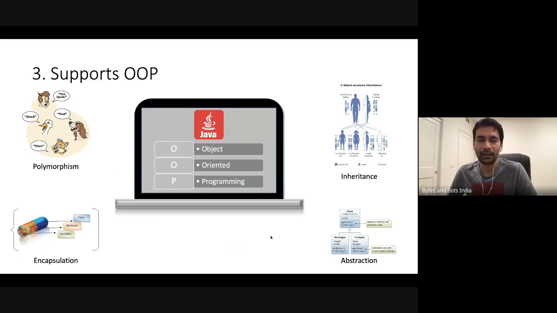Abstraction is when among friends we ask, hey, what did you do over the weekend? And no one says, I watched a game on a 65-inch Sony Vaio. That's too much information. We just say, I watched a game. Or no one says, I cooked something on a gas stove with wood.